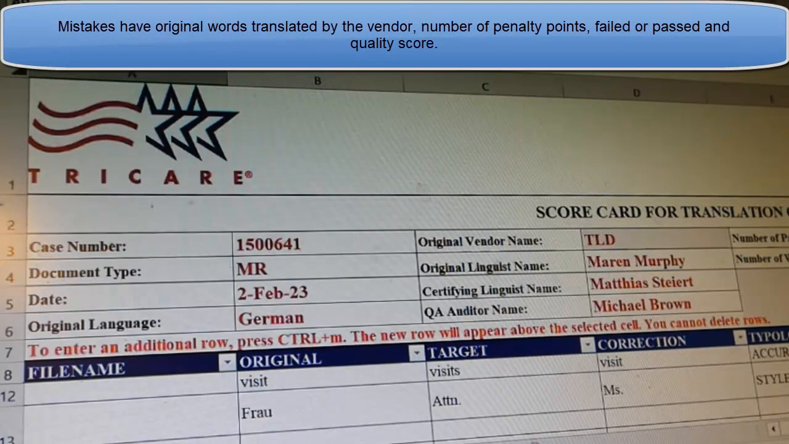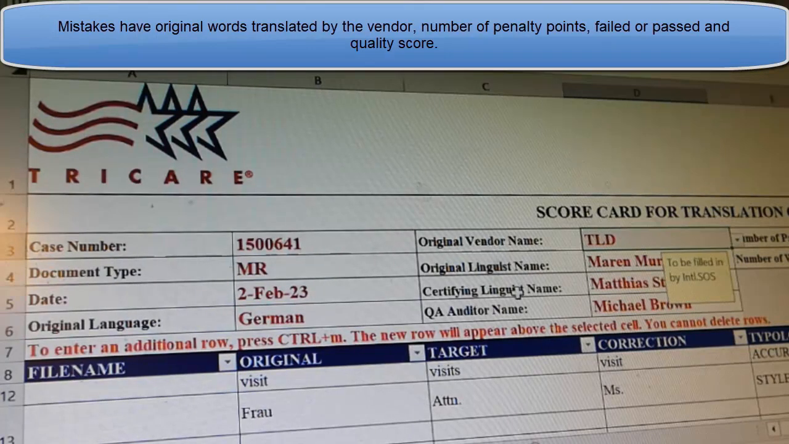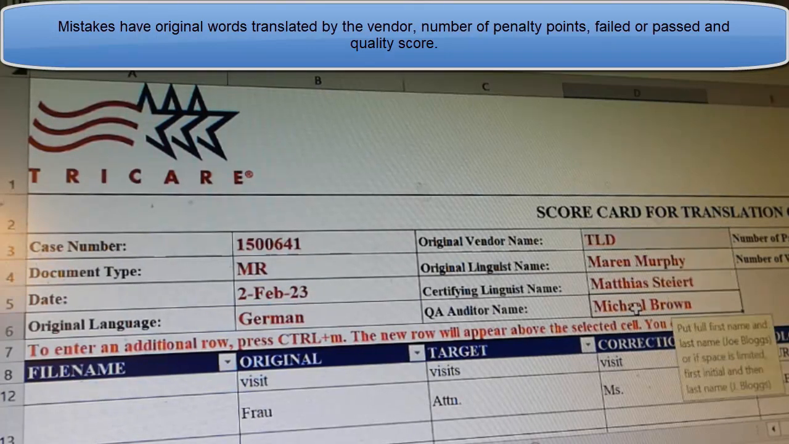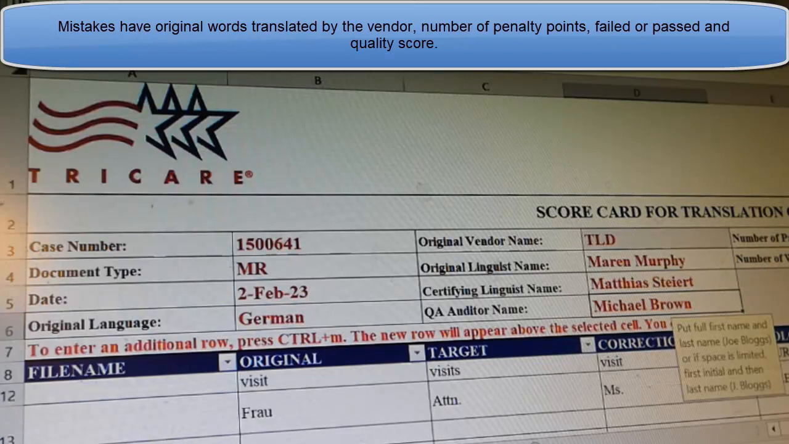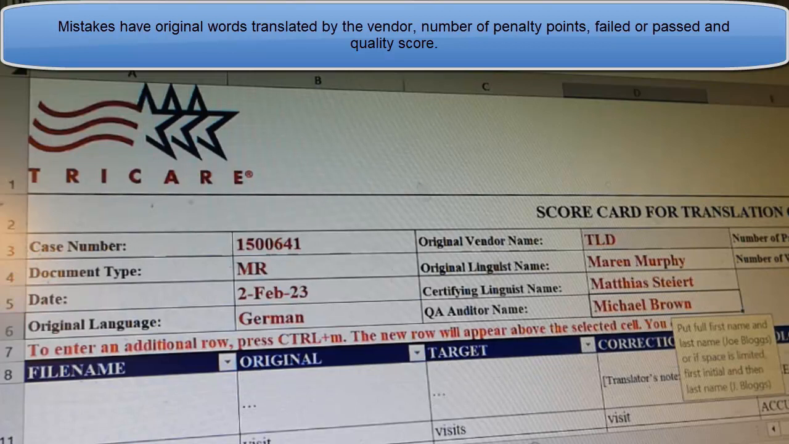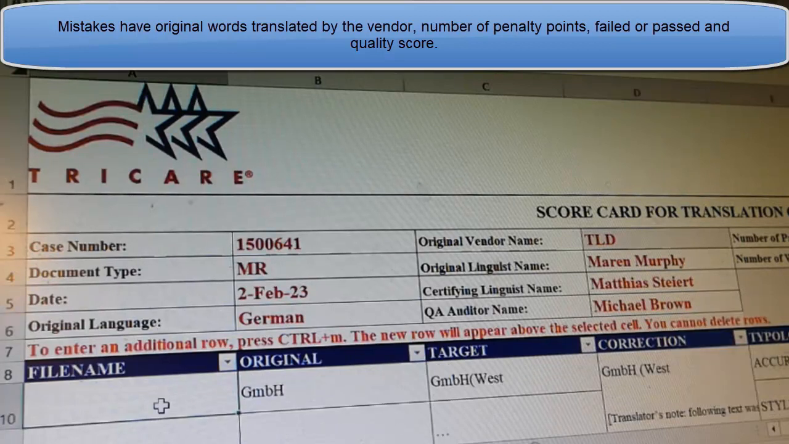This is what everybody uses, and as you can see, we've got the CRM case number, the date, the language itself, the name of our translation vendor, the name of the original linguist, the name of the certifying linguist, the name of the person in our team who does the audit, the number of pages, the number of words. And then here we capture the mistakes, and for the mistakes we give you the original word,